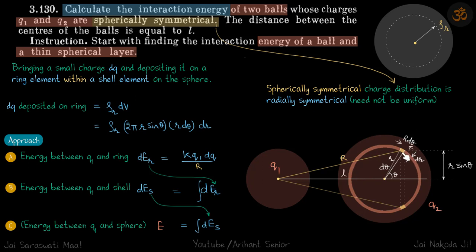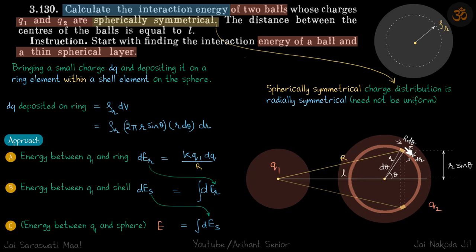So dq will be the volume of this element times rho(r). We are assuming that the density is rho(r), which we don't know the value of. We don't know what this function is, so we are just going to assume it is some function of r, and let's say it is rho(r). Now the volume of this element: it's a ring, right? The radius of the ring is r sin theta,